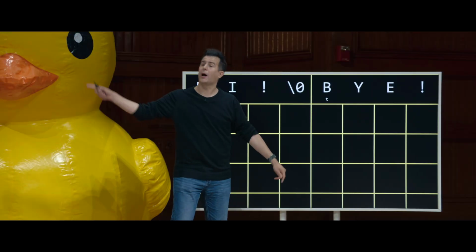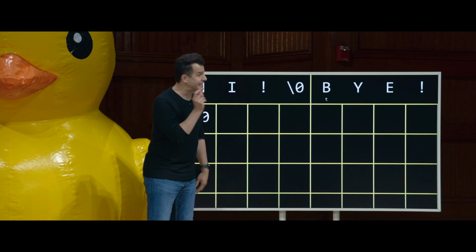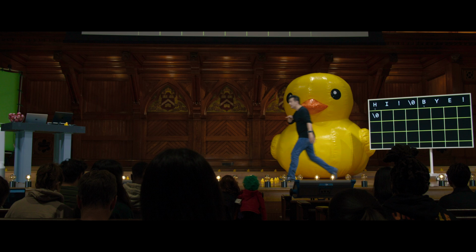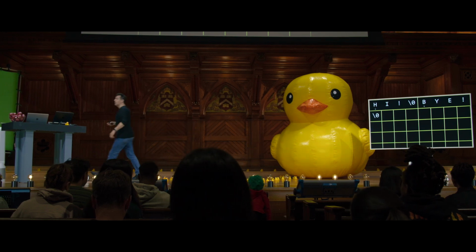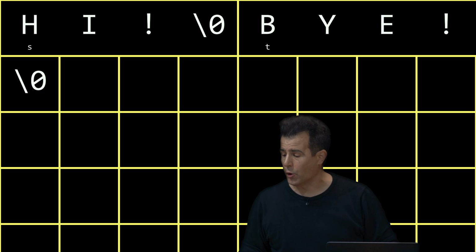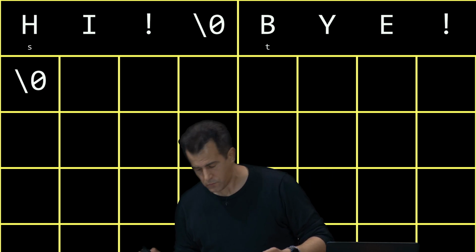Otherwise, you might see hi bye all on the screen at once if there weren't this sentinel value indicating to printf, stop at this character. But that's all that's going on in your program when you have two variables in this way. And in fact, what's really going on, and things get a little more interesting here, if I were to want